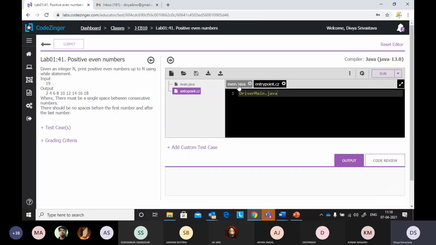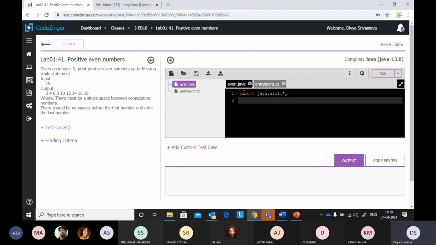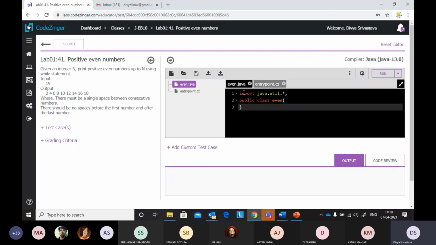Now import java.util.*; here we are importing the utility package because we need to use the Scanner class for taking input, right? Class even, and then open the bracket of the class.